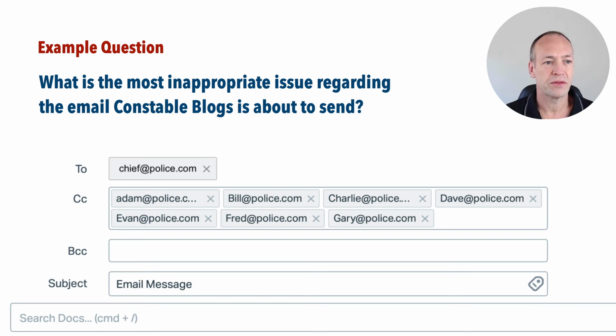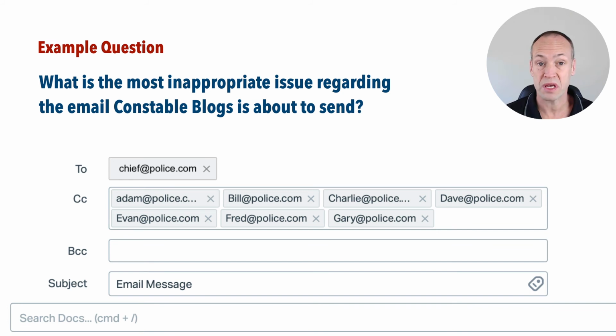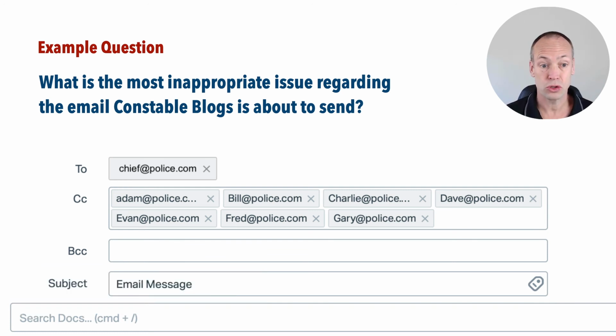All right, now if you're not aware, the CC is a carbon copy, so you're sending the same email essentially like a carbon copy to everybody else whose name and email address appears in that CC box. The next one down, BCC or blind carbon copy, those names that all appear in the CC should be in the BCC row, because everyone who's listed there is going to see not only the email, but they're going to see everyone else's email address. And that's inappropriate in regards to privacy and security online. All right, so there's an example question that you might expect in this particular category.